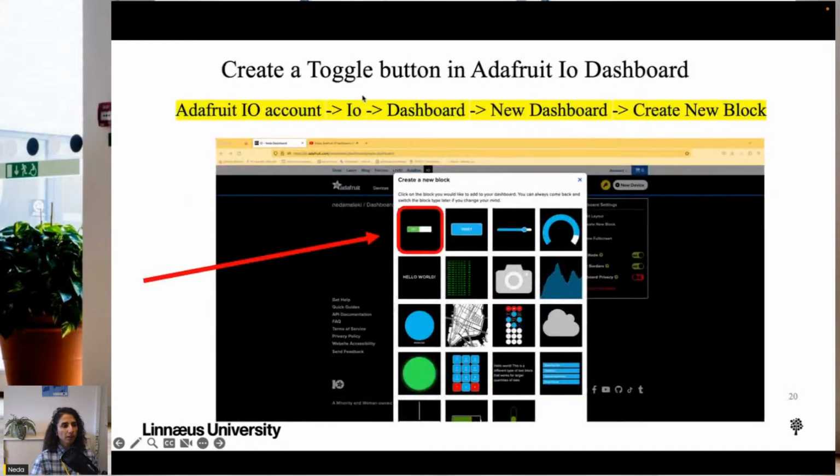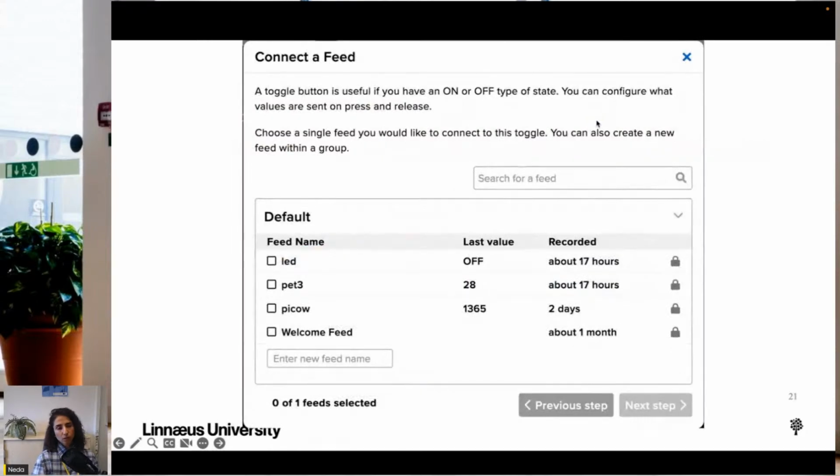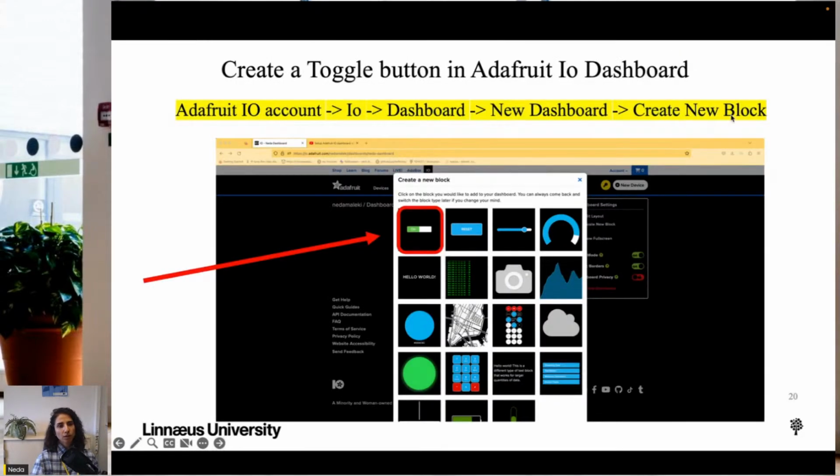So let's see how to create a toggle button in the Adafruit IO dashboard. And the O should be capped here. Sorry for the typo. You go to your Adafruit IO account, and in IO go to the dashboard, and you need to create a new dashboard. And after you created the dashboard, you need to create a new block. If you click here, you will see this page, and one of the options is create a new block. When you click it, you will see this